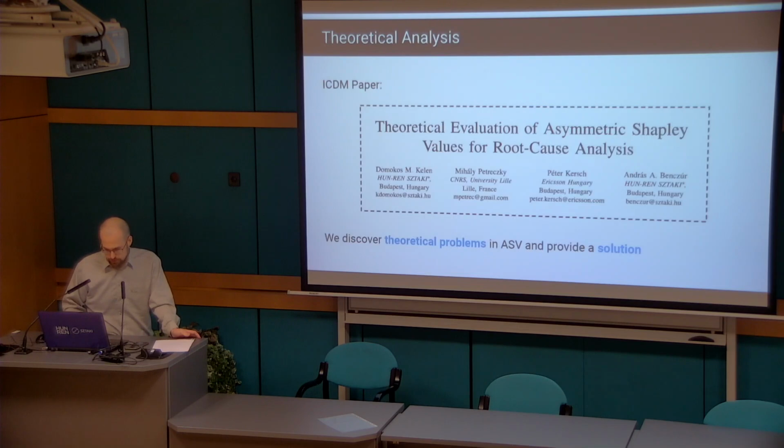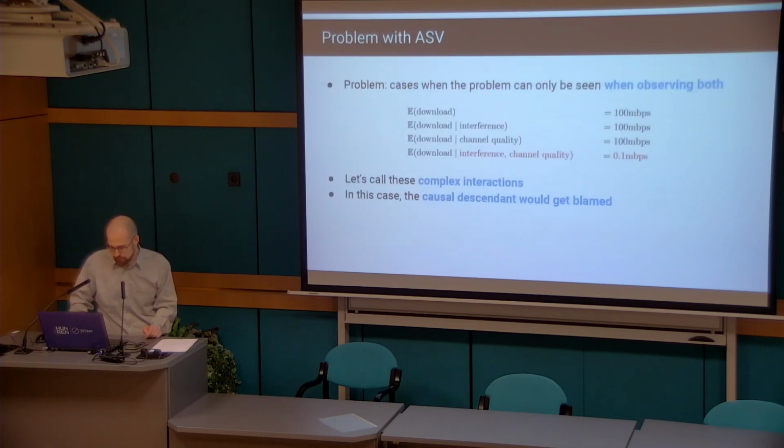The second paper that we did in this topic is a theoretical analysis of the method itself, the asymmetric Shapley values method for root cause analysis. And we have discovered a problem in the algorithm itself. And so the problem is the following. If there is a connection between two features such that the problem is only visible when we can observe both features at the same time, then the asymmetric Shapley values algorithm